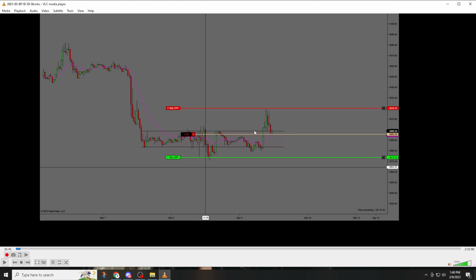at where our support is. Our support is at the top of this tight range that we've been in since yesterday. Here was yesterday regular trading hours, so the Globex, and yesterday was just stuck in this range. So I got out with a point because it basically was double support. That 4,000 big round number was support, and also we had a double bottom here the first hour and a